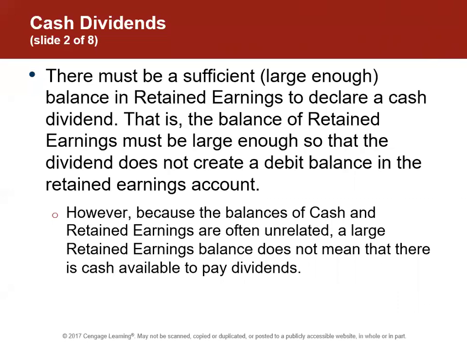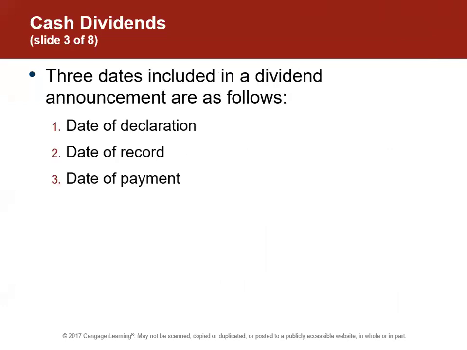The reverse could also be true. We could have a low amount in retained earnings because we were not profitable, but maybe we just borrowed a lot of money or issued a lot of bonds, so we have a huge amount of cash but no retained earnings. That's why they look at both accounts. We don't want to issue dividends if our cash is from bond money or a loan, because that's not profit. And the reverse is true: we don't want to take out retained earnings if it's not sufficient. So that's why we look at both balances.